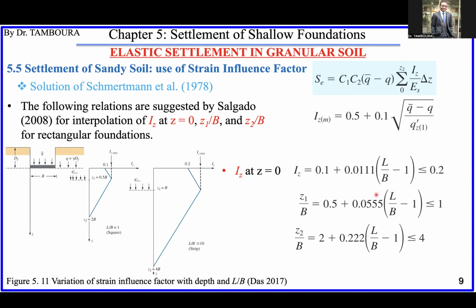So you can see that everything will be the same except this IZ. So if you have a rectangular footing, and the ratio L divided by B is 5, how will you do? This is the equation that gives you IZ at